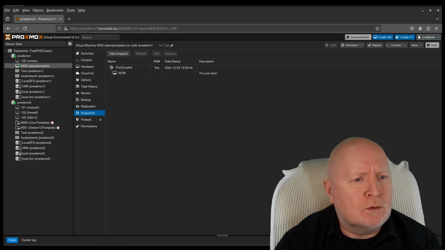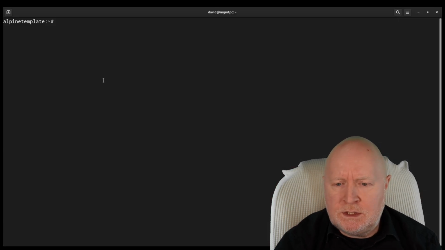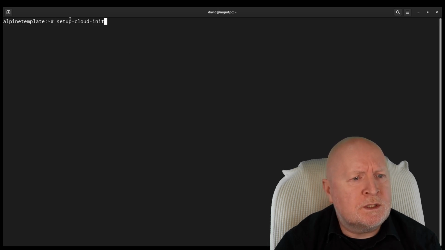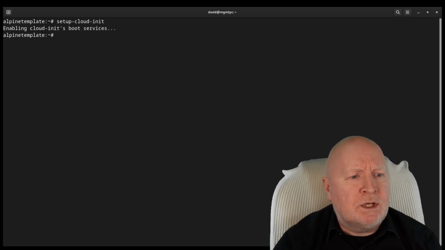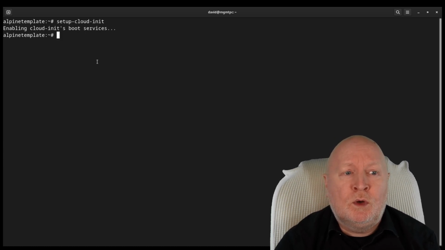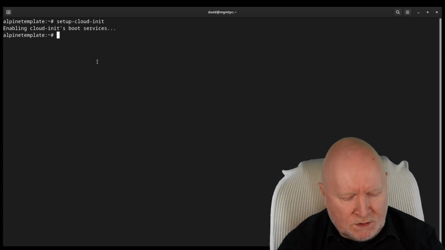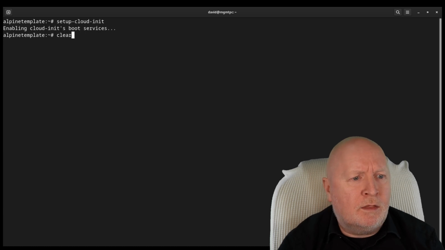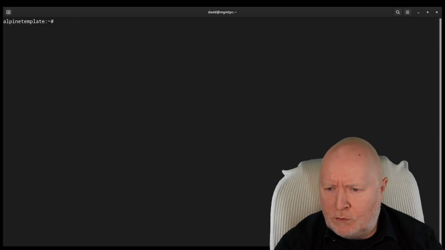So what we're going to do is go over to our actual SSH session here. And we're going to run a command which is setup-cloud-init. Hit return, and it doesn't seem to do a great deal, but now this Cloud-Init process is ready to go. And that'll take effect when the actual virtual machine boots up, or when any cloned virtual machine actually boots up for the first time. So I'm just going to clear that